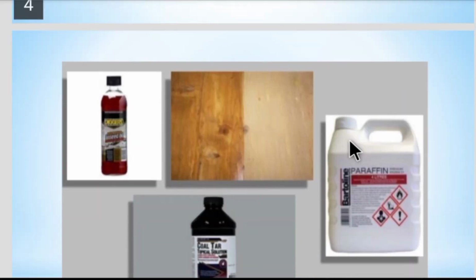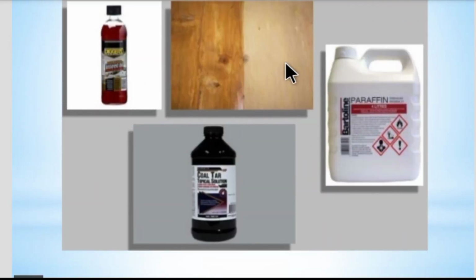Next is linseed oil, then coal tar, and then paraffin. This is the linseed oil. It may be in a raw position or it may be boiled. It is applied on the stone surface and acts as a preservative. It is going to protect the stone from decaying. But it requires some maintenance; frequent maintenance is required for this linseed oil.